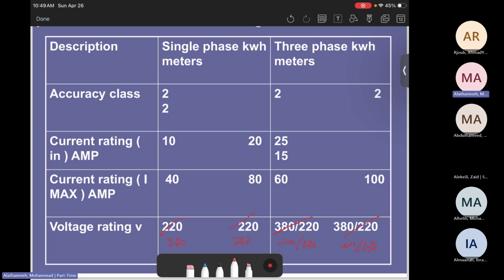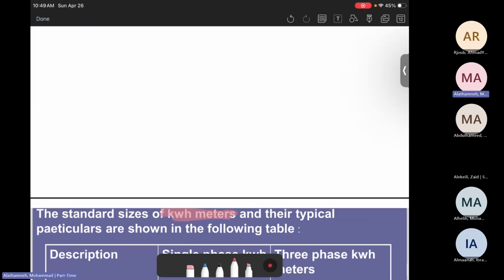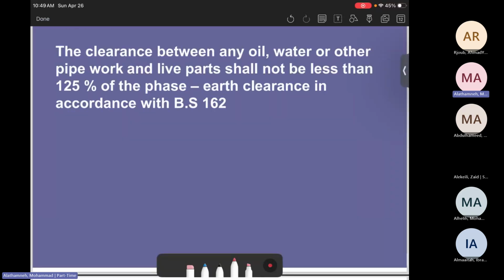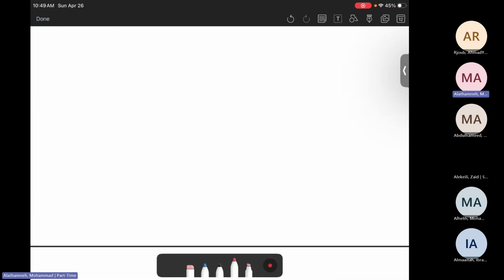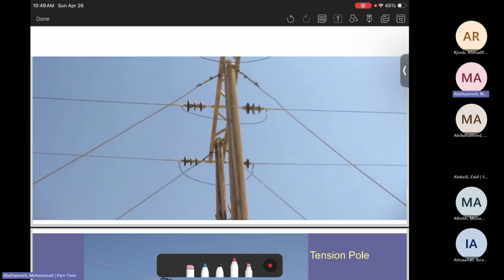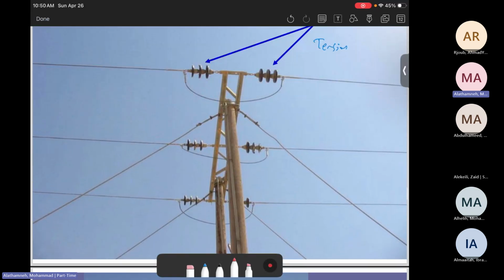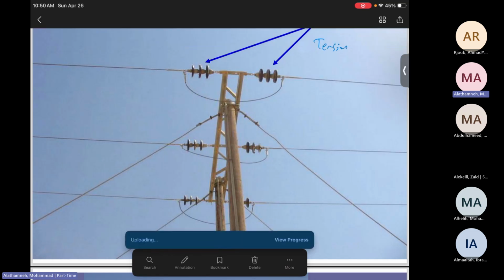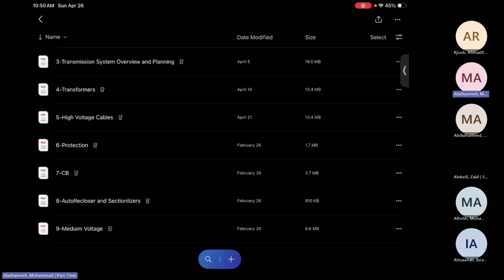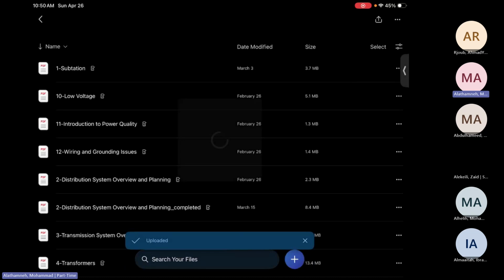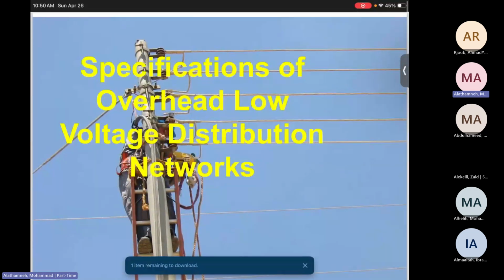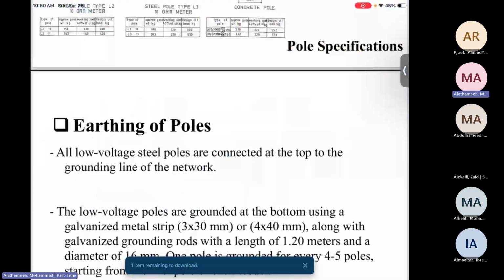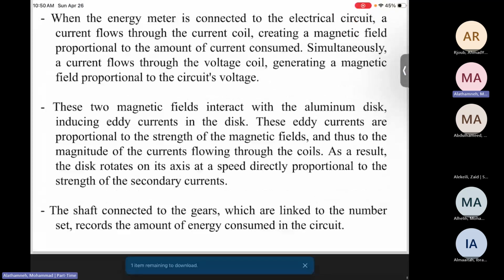We will talk about the low voltage in the next lecture. But any question? Any question on medium voltage? I hope it's fun, because it's fun to understand the poles that we can see around us nowadays. So inshallah, next lecture we will talk about the high voltage, the low voltage cables, and the low voltage overhead transmission line. I believe it will be short also. Next lecture will be short.